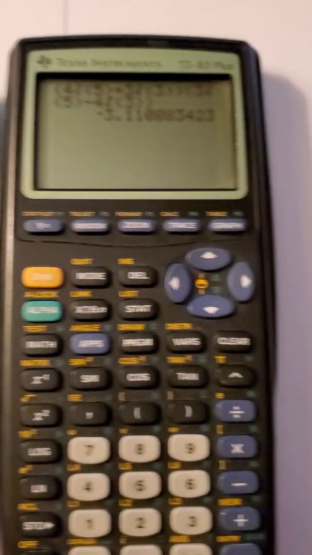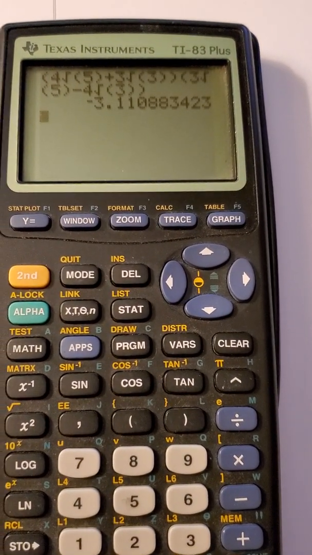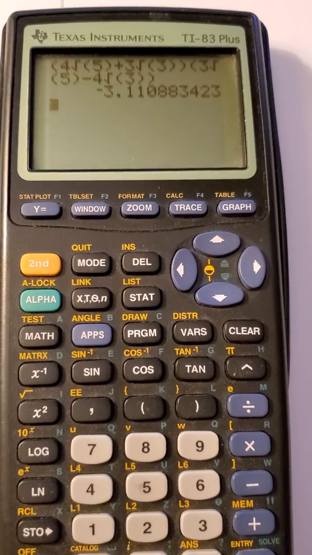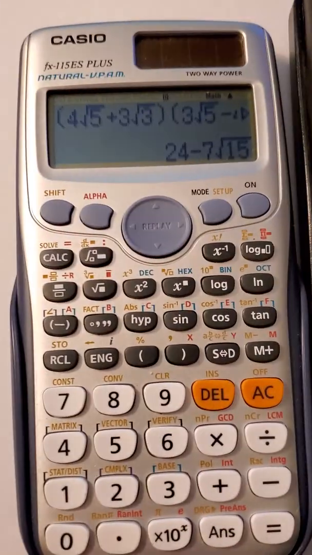So there's the difference between the TI-83 Plus, which the TI-84 also works the same as this calculator, and the